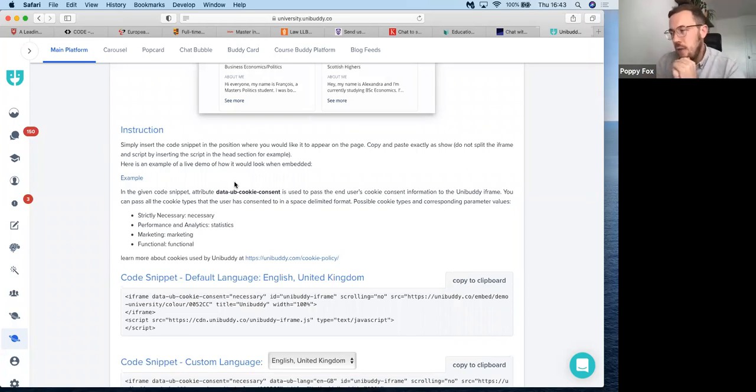But I think also this is a really good way of recruiting the right students who have a truly authentic understanding of your institution, and are choosing you for the right reasons because they really have understood the offering that you provide and the ethos of your institution, and they're going to be more likely to be happy when they get there. And I think for me, that's the really powerful thing about Unibuddy.